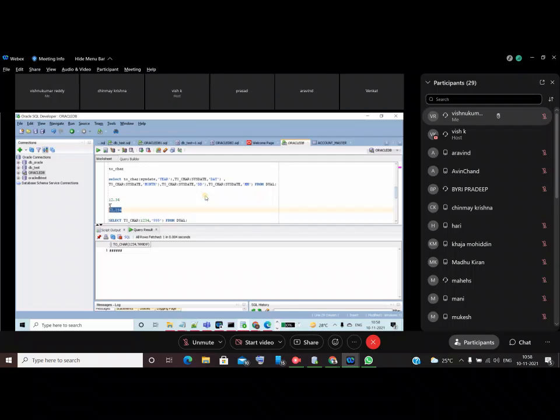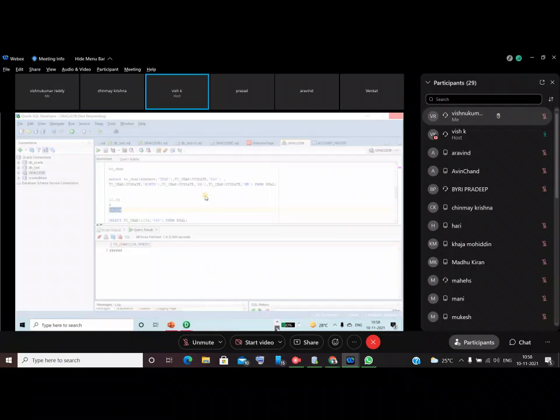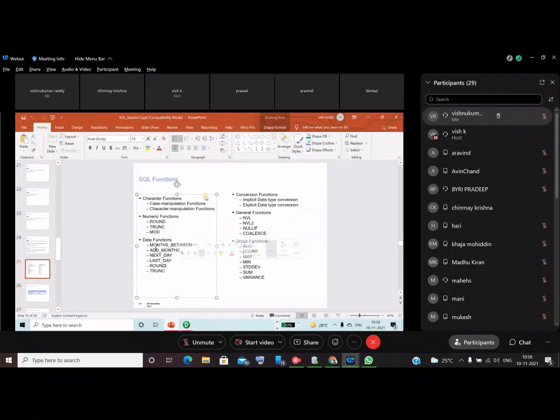And next we have the is null operator, guys. You can also try months_between, next_day, and last_day. And these are general functions, guys. This will be very useful: NVL function, NVL2, nullif, and coalesce function. These four functions are very important.